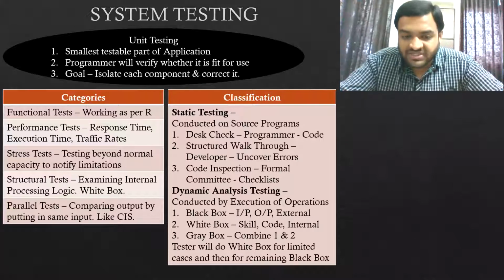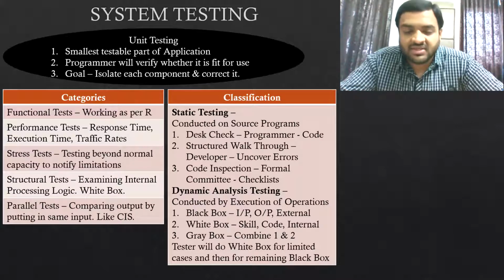And then code inspection. Here the code inspection will be done by a formal committee. There will be dedicated checklists. We will see whether all the parameters have been met or not, whether the errors are there in the program or not, whether the compiler line by line had verified everything and there were no errors as an output.